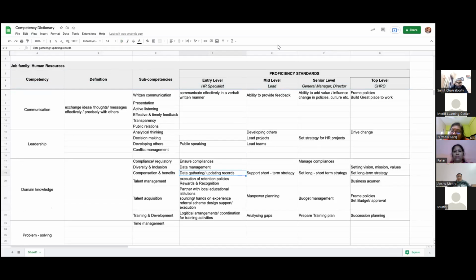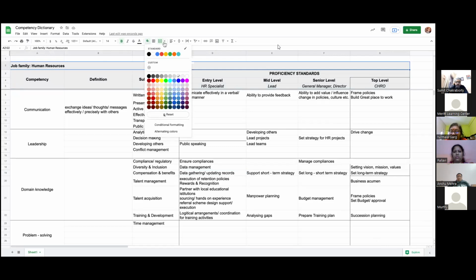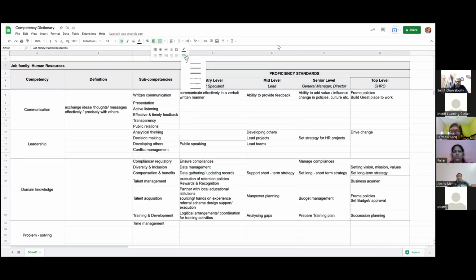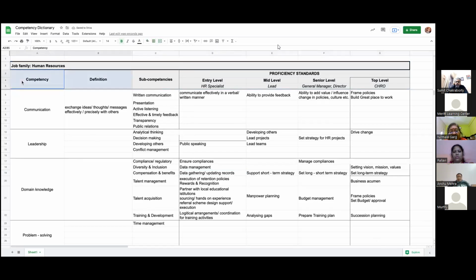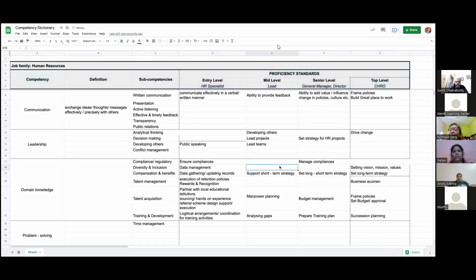So it is not exactly a JD, because here we have different career levels based on the JD. Right now we don't have a JD there. How to analyze and do the analysis of a JD, I will tell you in the next session. But here I wanted you to appreciate and understand, for a typical function, whether it's HR or finance, how do you go about writing an HR